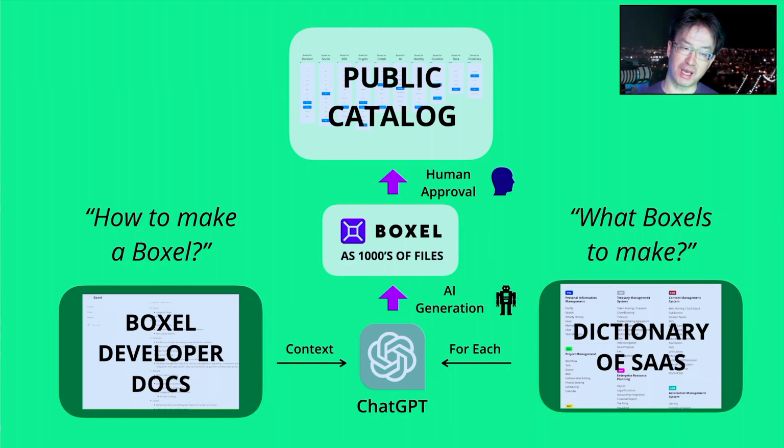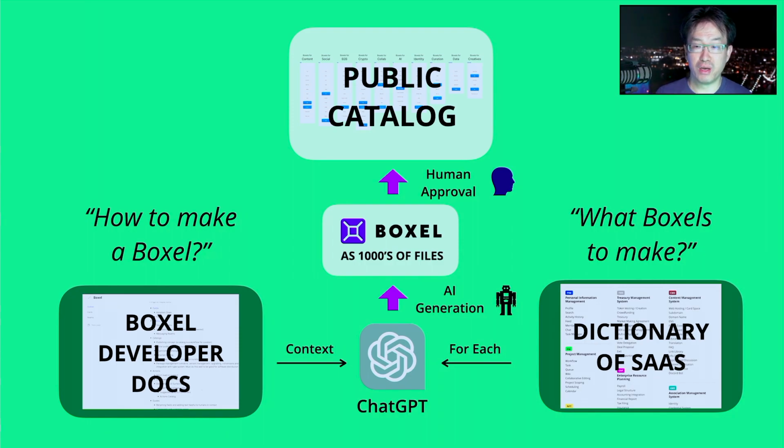So what we want to do is to say, okay, for each of these business concepts, we have to ask in the right order, so we build it from the bottom up, go make this generation of this Boxel. And then either we approve it for public consumption or we use a previously generated Boxel as input. So like, oh, by the way, next time you talk about customers, don't repeat the concept of first name, last name. We have a name Boxel, just use that. So this idea of going back and forth and using the context window and different techniques of chaining these different generative AIs together, we're able to populate the public catalog.